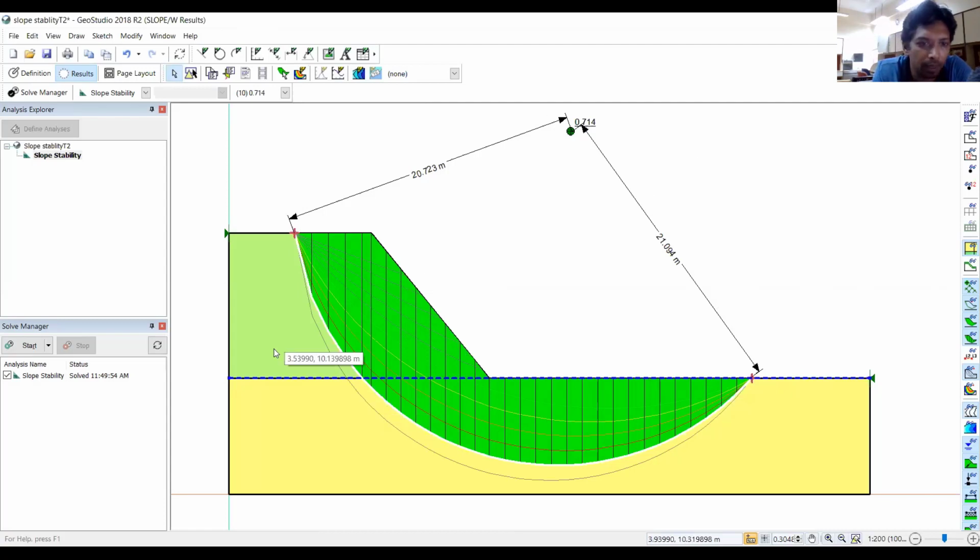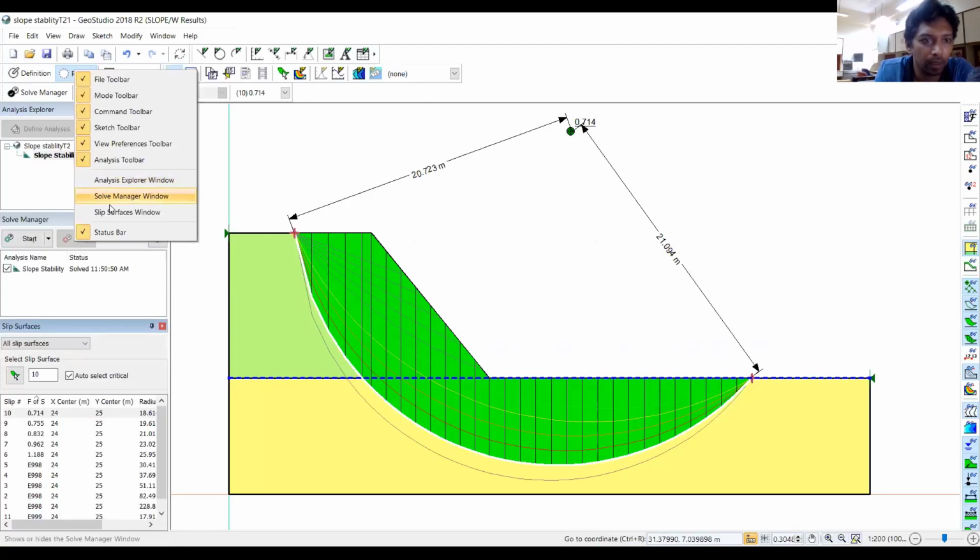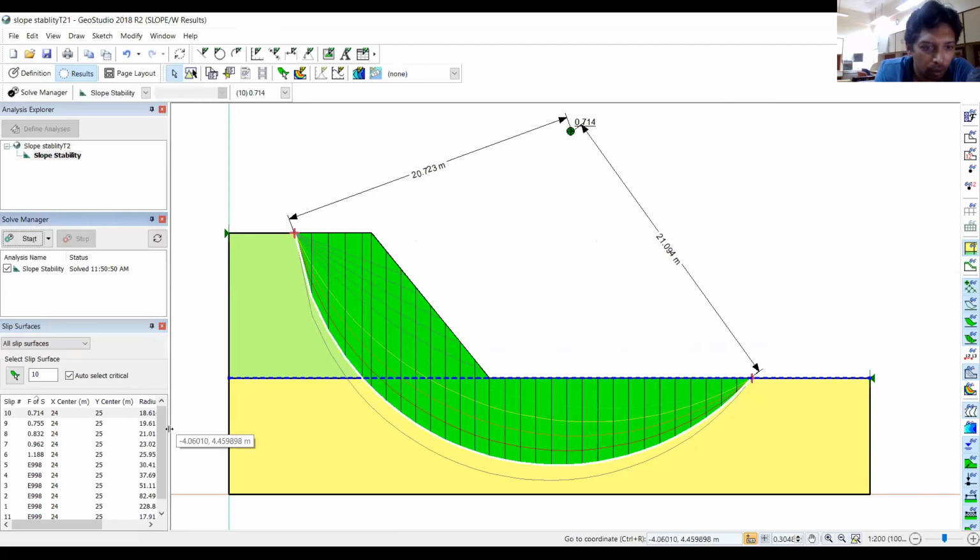We know the radius, we can ascertain what is coming. By clicking on the results in this solve manager window, it is coming. Now we have selected 10 radius increments, so it is showing around these increments.